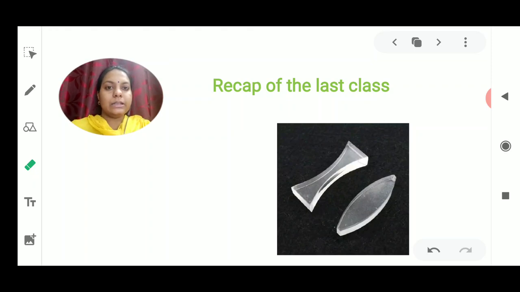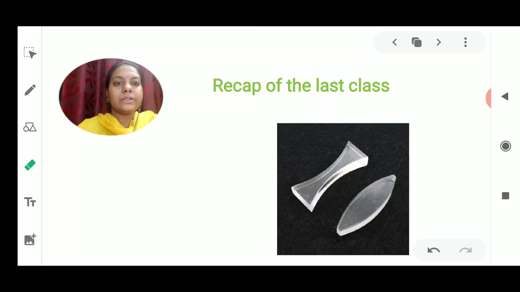Then we have seen different types of refracting surface, that was the plain glass slab, in which we saw how the image is formed, or how the bending of light takes place in the presence of that rectangular glass slab. Based upon that rectangular glass slab, we also derived two laws of refraction: the incident ray, the refracted ray, the normal and the point of incidence all lie on the same plane. Secondly, the ratio of sine of angle of incidence to sine of angle of refraction is always a constant, which is also known as Snell's law.